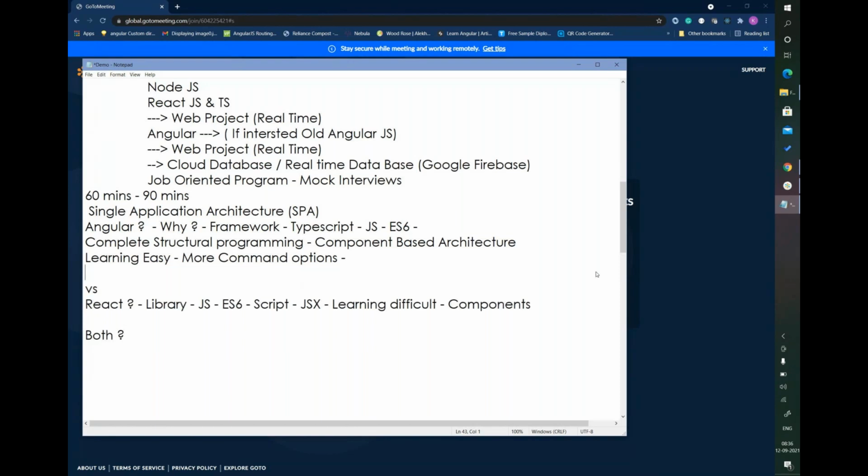View means the HTML. If you write some directives in the HTML, it will talk to the script and take the operation from the front end, controlling from the front end. So in Angular, the framework is responsible for your execution.